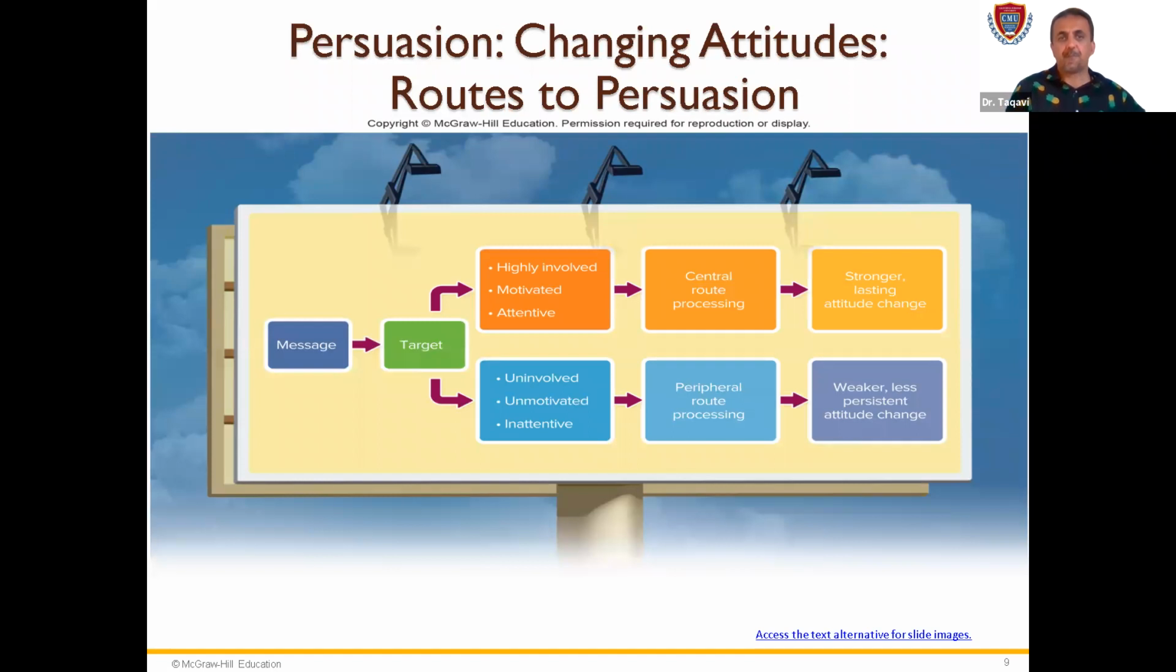You can see here message and target: highly involved, motivated, and attentive, or target is uninvolved, unmotivated, or inattentive. Where the target is highly involved, motivated, and attentive, we can have central route processing and stronger, lasting attitude change. And when it is peripheral route processing, uninvolved, unmotivated, or inattentive, the sender is not so motivated